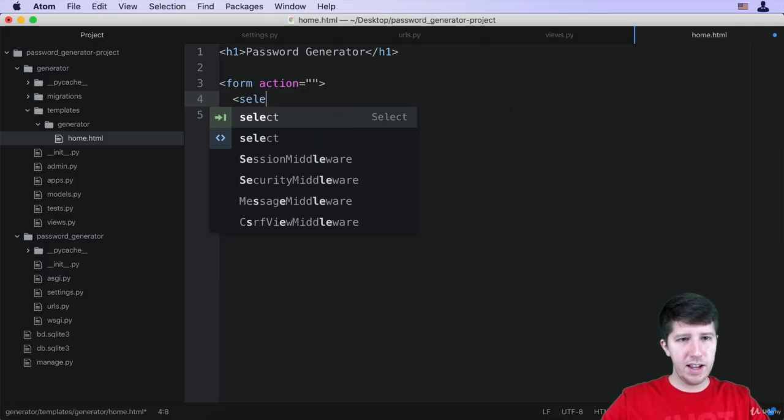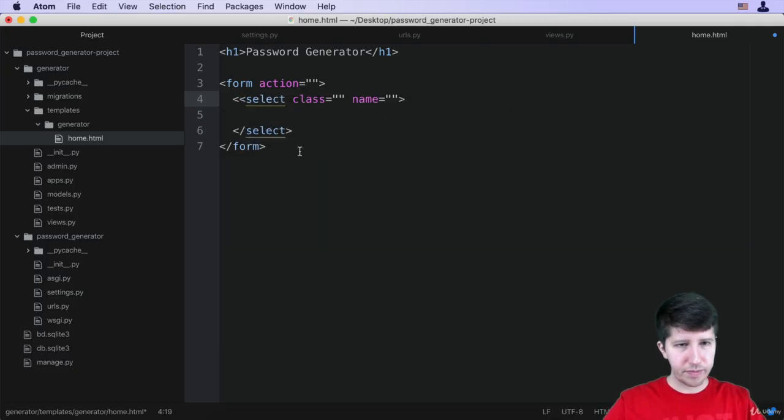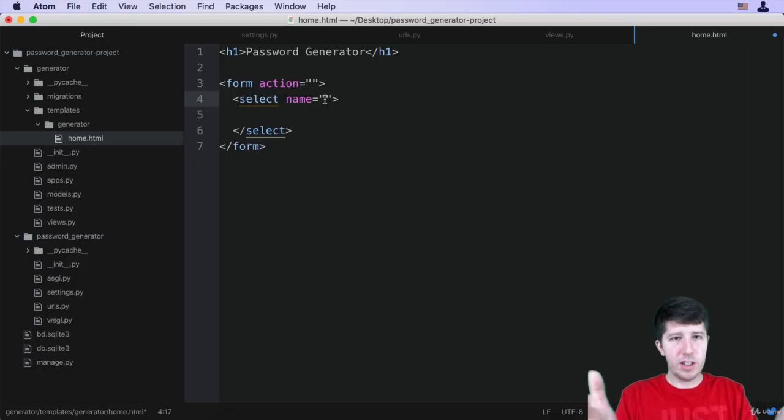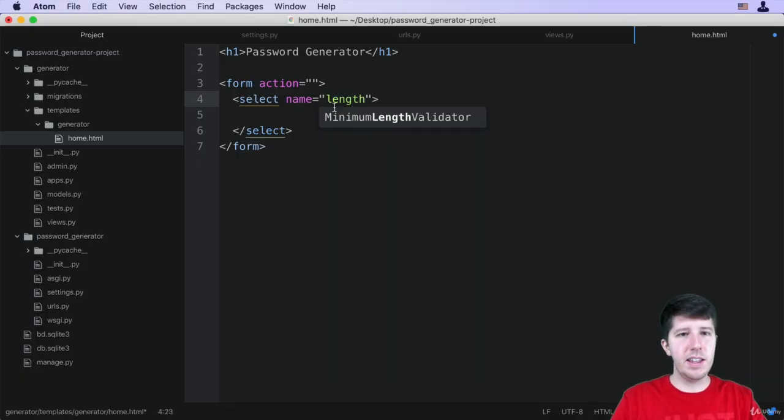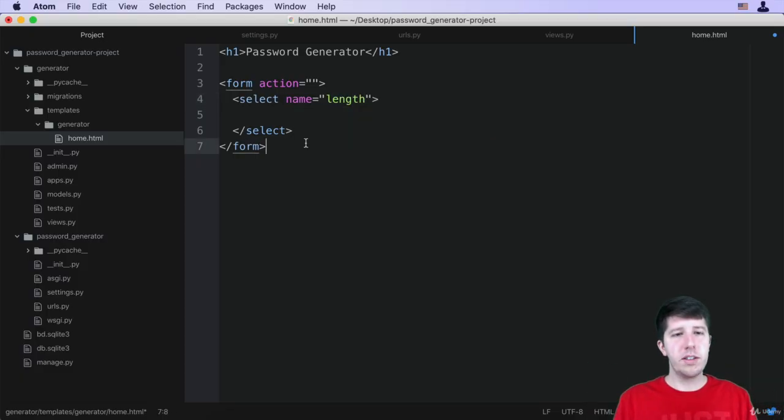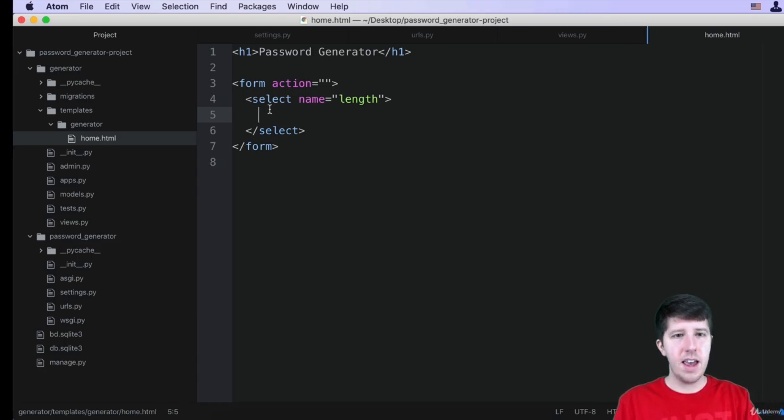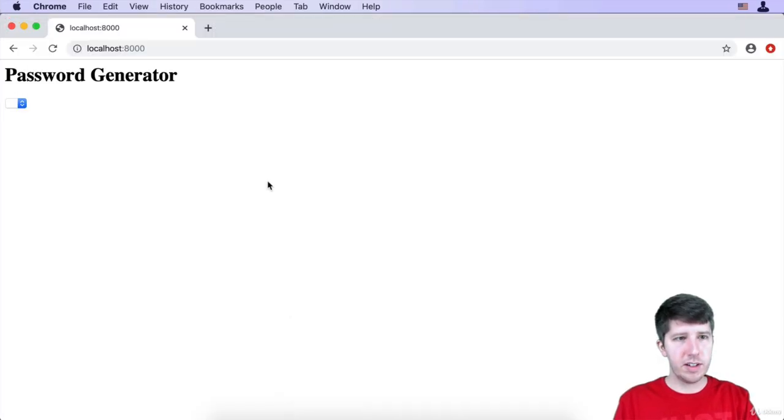So we're going to say select, okay? And I had an autocomplete thing here, but just make sure you have the opening select tag. We don't need the class here. We do need the name here, and this is just saying what this represents. So in this case, it represents the length of how long they want the password to be. So have the opening select tag where we have name equal to length, and then we'll have the ending select tag. Okay, so if we just go ahead and save this and then see what our homepage looks like now,